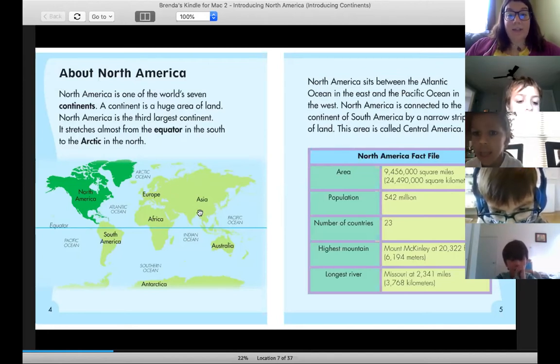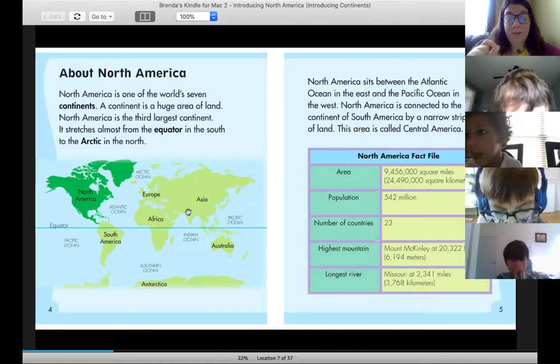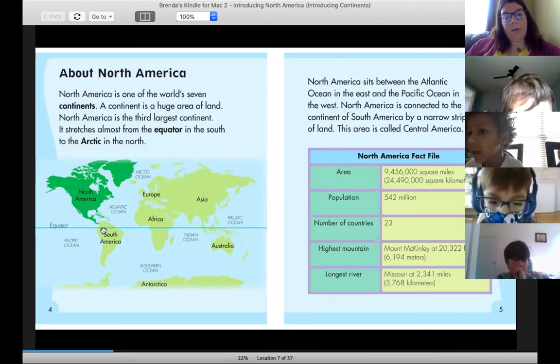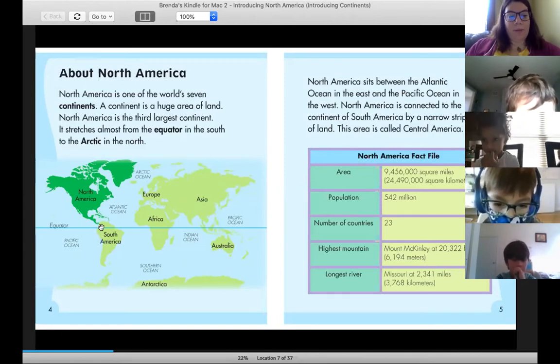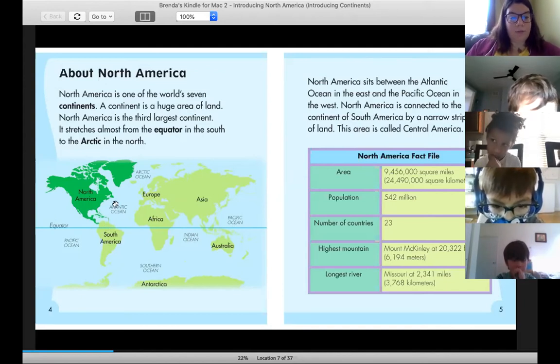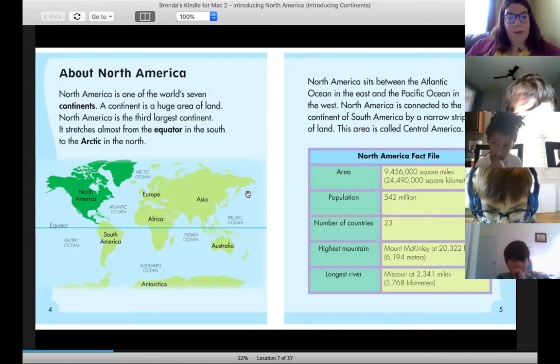North America is connected to the continent of South America by a narrow strip of land, and this is called Central America. So here we see, and we'll look at a map closer, but North America is actually connected to South America by this thin little strip. And you can't see it here. Another thing to note,